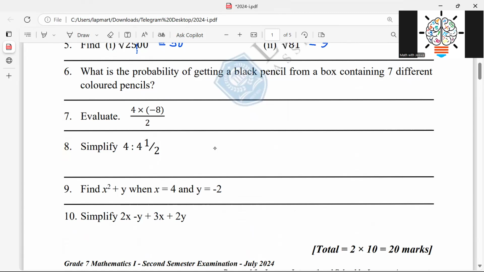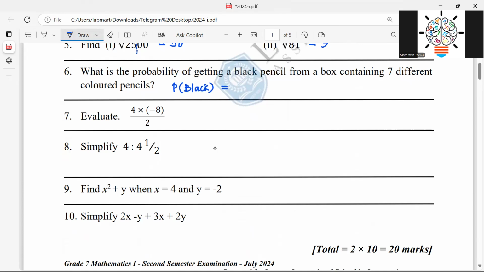We know that we have 7 pencils inside the box and they are in different colors, but we don't know whether the black color is available or not. So we don't have any clue, but here we assume we do have a black color pencil. So then the probability of getting the black pencil